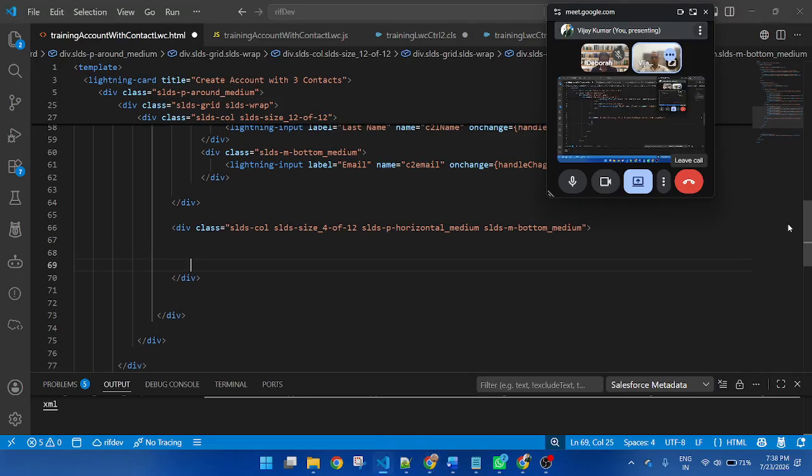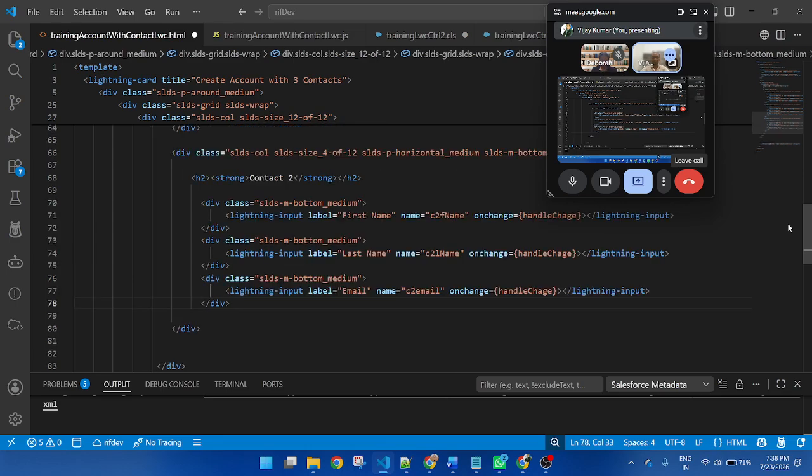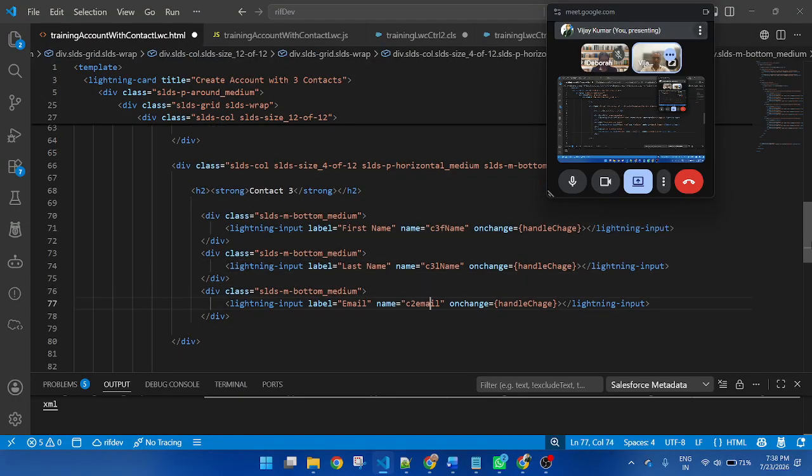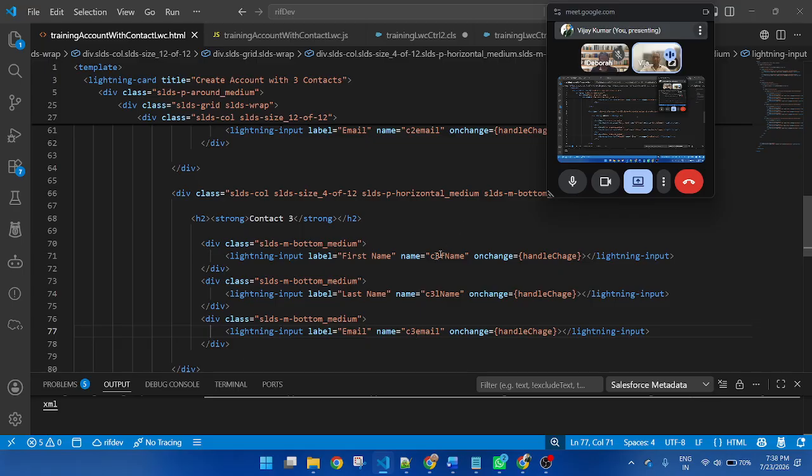This column is already defined. Inside this column, change to contact 3. So I only replace 3, 3, 3. So keep in mind, always remember, name will be unique.